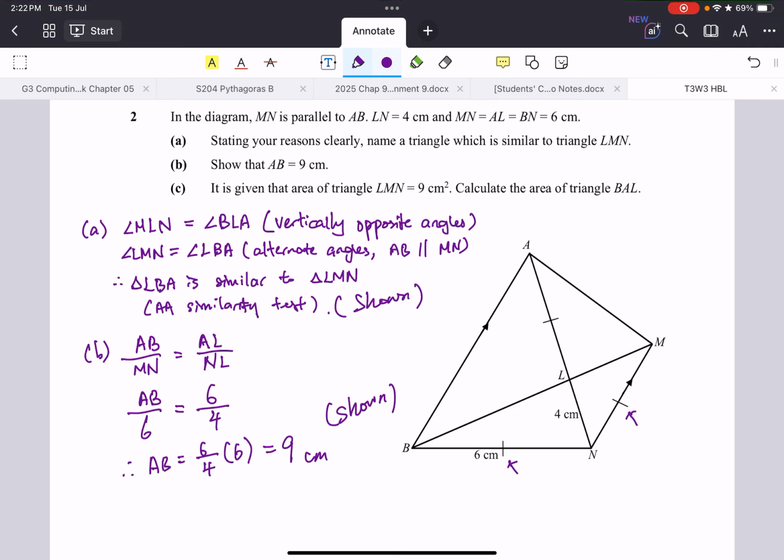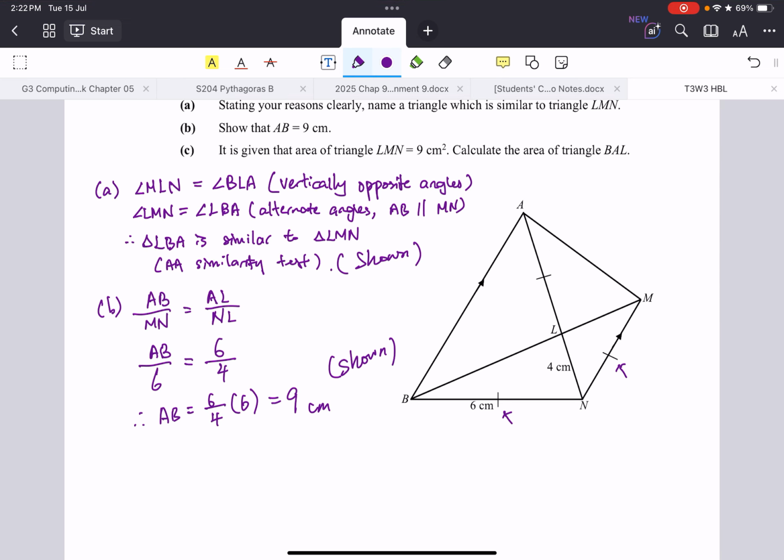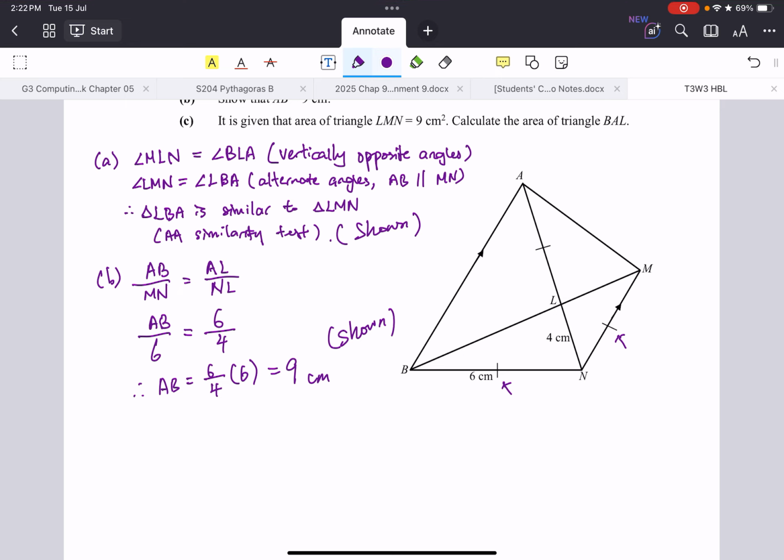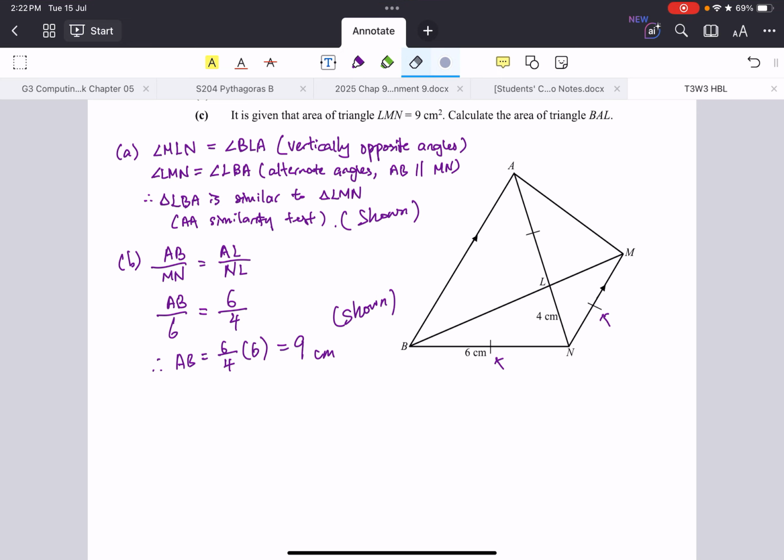Okay, all good. Part C is given that the area of LMN is 9 square centimeters. Calculate the area of triangle BAL. So let's see what we have here. What we have is the area of triangle BAL over area of triangle MNL. This is equals to